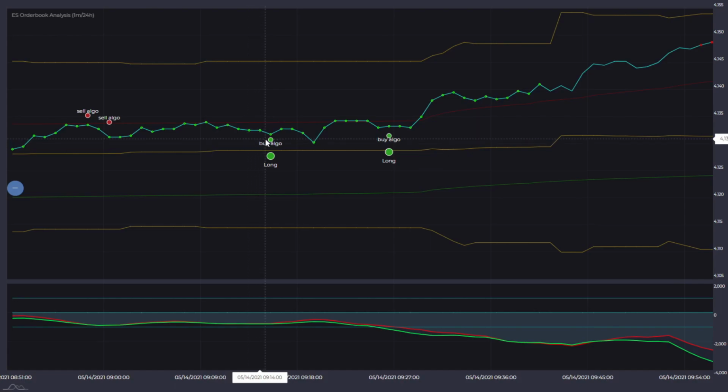And so when these algorithms which are detected here were not absorbed easily, then you will see that big green dot which is marked as long. And this is where my automatic strategy opens a long position. Okay, so it's important that you understand that it doesn't just sell here because it detected a sell algorithm, or here